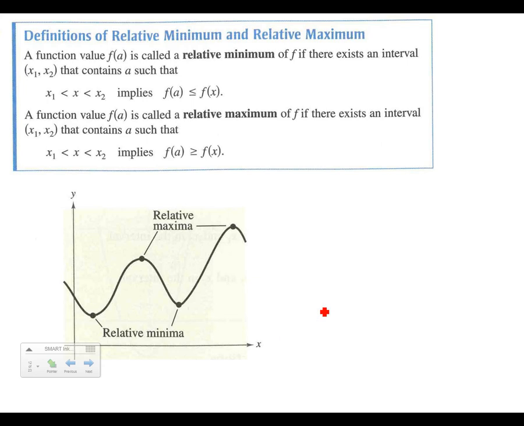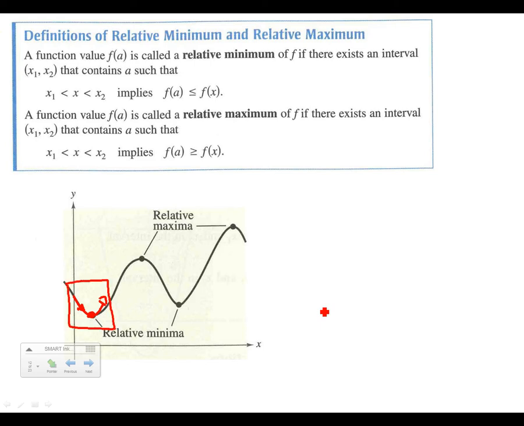Go ahead and take a look at the definitions of relative minimum and relative maximum. A relative minimum is anywhere on a graph where we find a valley. So we're going down and we change to going back up. Anytime we transition from going down to back up, the point of transition is going to be a relative minima. Even if it's not the lowest thing in the entire graph, it's still relatively the lowest thing in that region